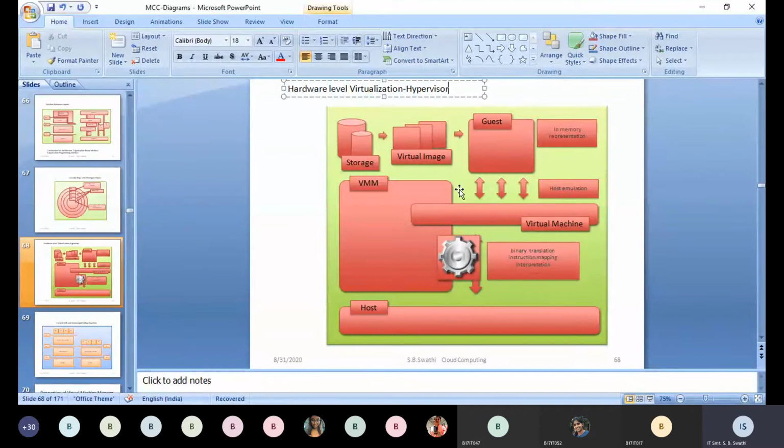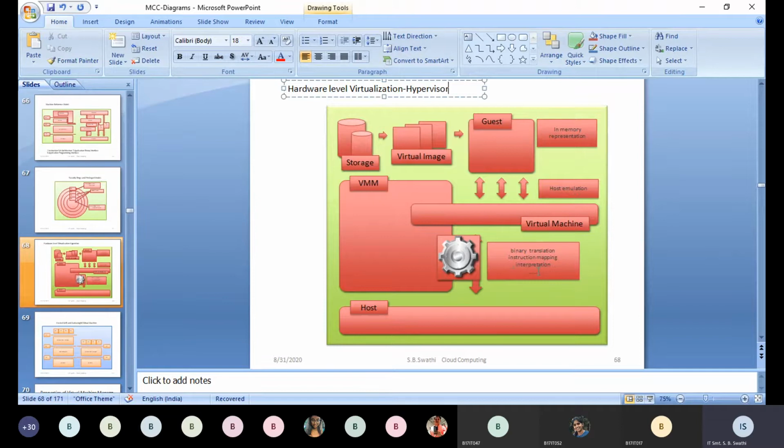And we have here emulation and translation. Emulation is where the virtual image run on the guest appears as if it is storing all the data at the guest side, but actually it is fetching the data from the host. That is the job of emulation. The guest is shown as if everything is running on its own system. It does not show any difference between the host and the guest. This technique is called emulation.